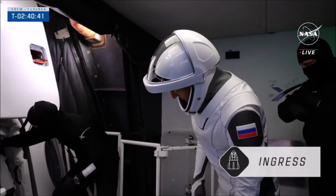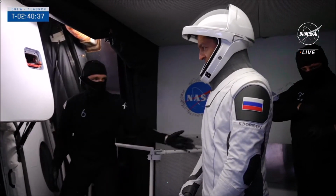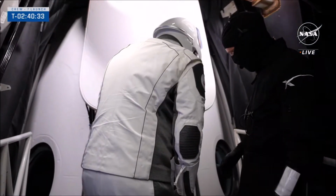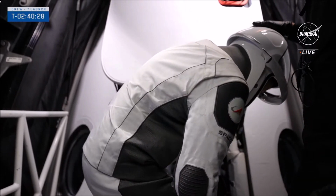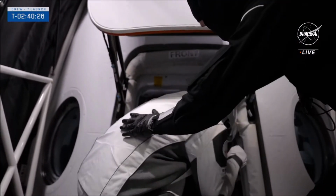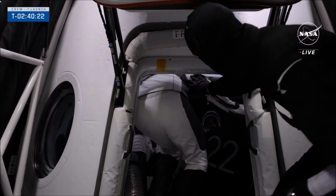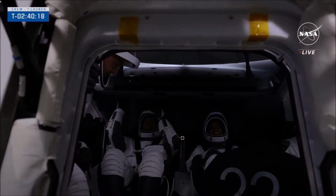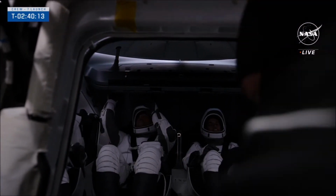The lower set, the more internal set of zippers. Another critical component of the way we do things at countdown. Seat 1 and Seat 4 are beginning their ingress into Dragon. We are on schedule. You know, safety always comes first. We always have a lot of built-in redundancy to each system, including the spacesuits, to make sure that we can keep everyone on board safe. Another big difference that I'm sure...